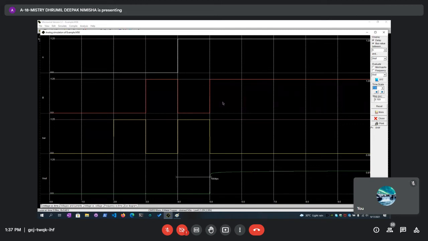But the problem is there will be some voltage drop across the NMOS, and that voltage is called the threshold voltage drop, and that is the drawback. That's it. So that is a weak conductor of logic 1. Okay, so all of you have understood how to implement an AND gate using pass transistor logic.